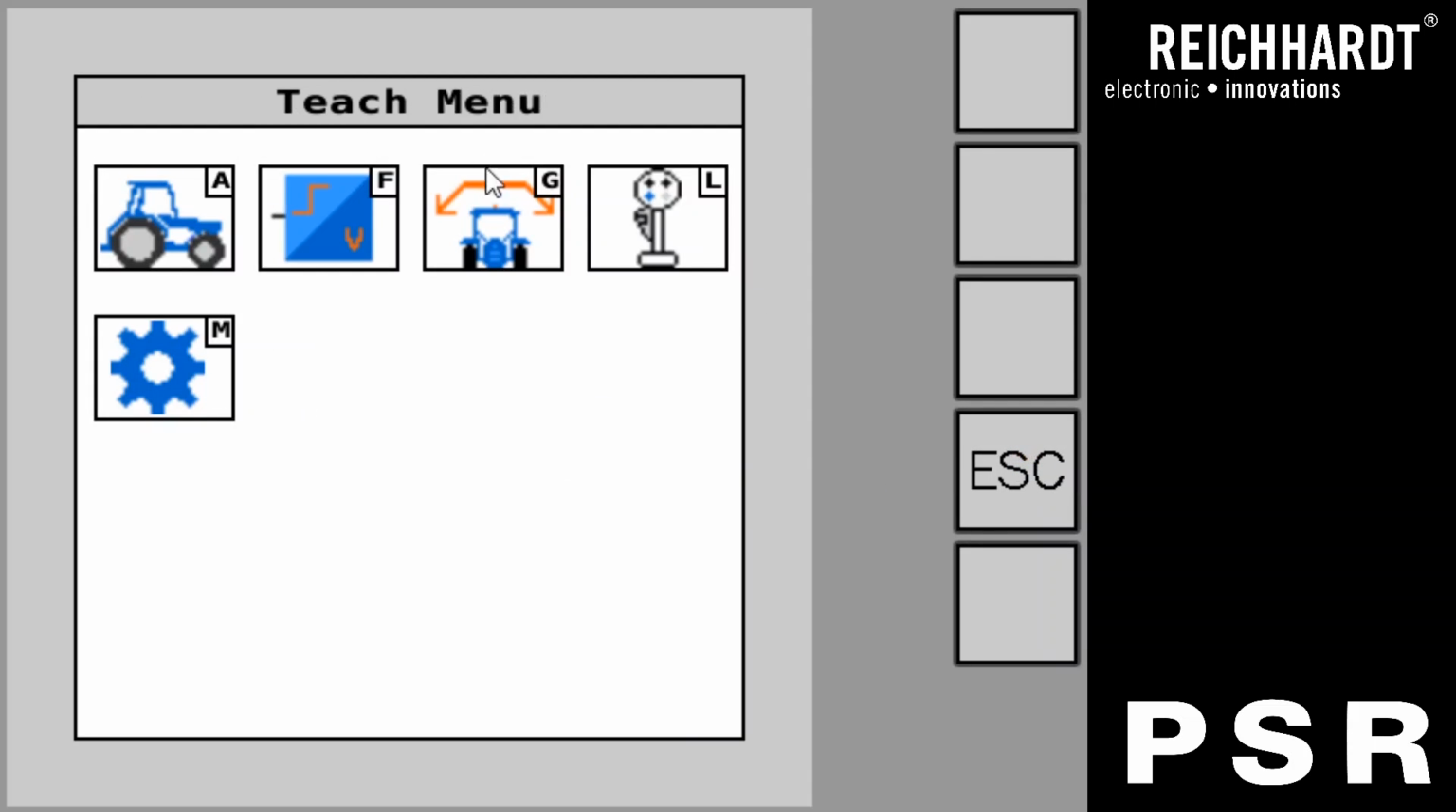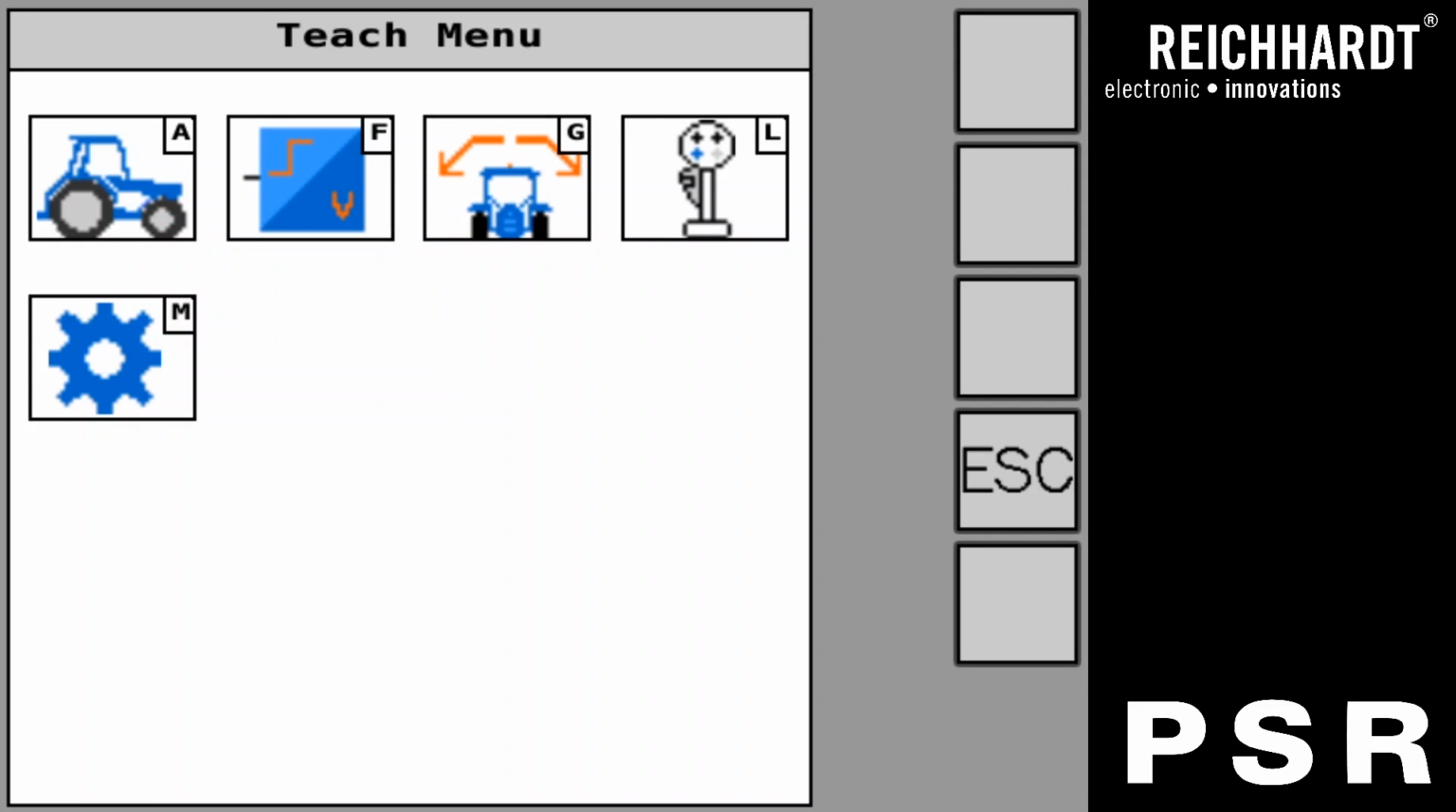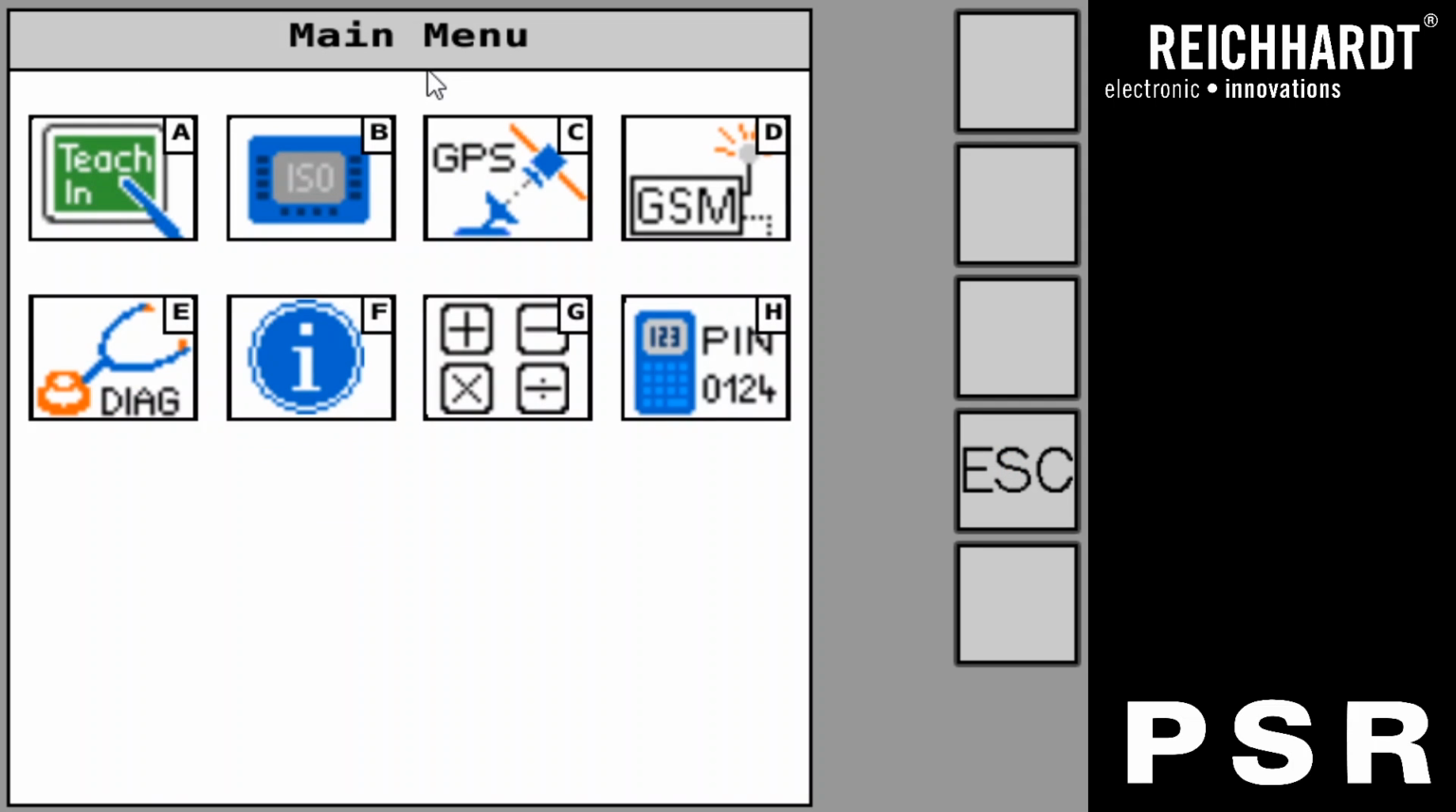So those are your basic teach menus. These are the ones that are available to you without any kind of pin menu or access code entered. If you enter an access code as a technician, you may have additional icons, as well as these icons may vary based on your machine profile. After walking through all the teach menus, you need to press the escape button. It'll take you back to the main menu, and we'll proceed to walk through the rest of the main menu